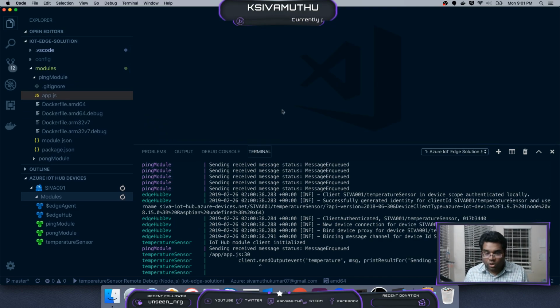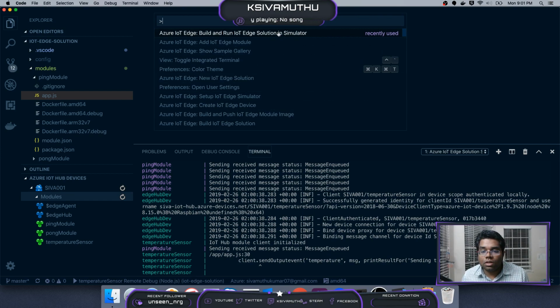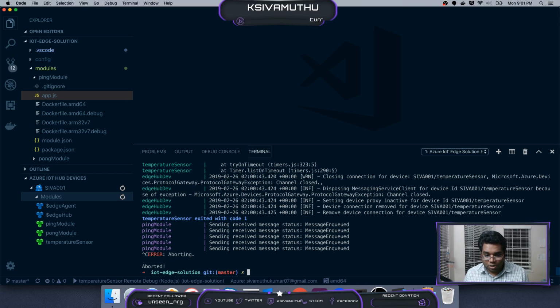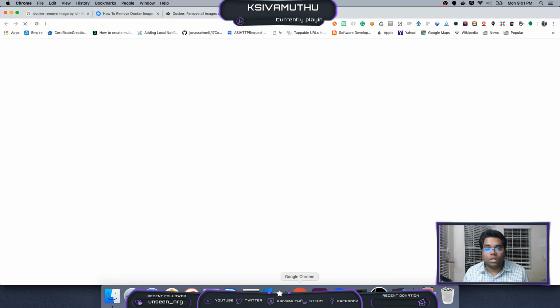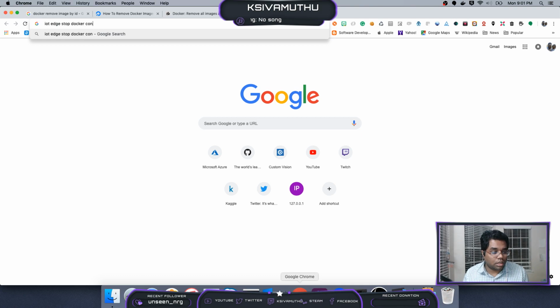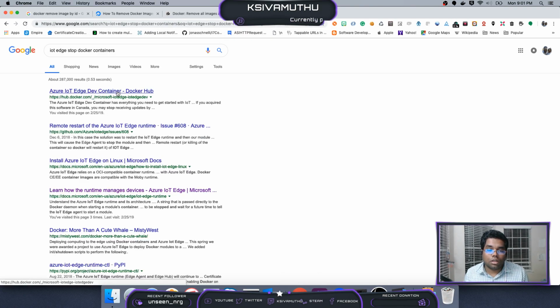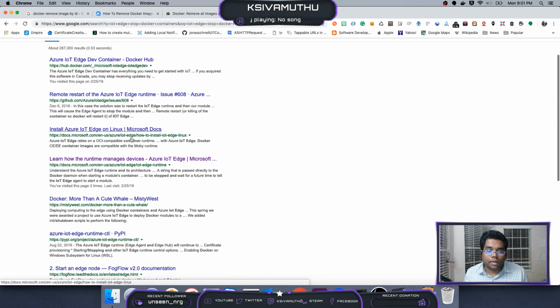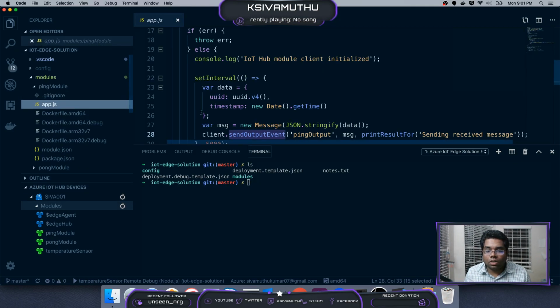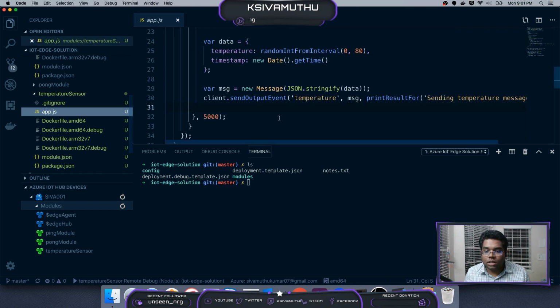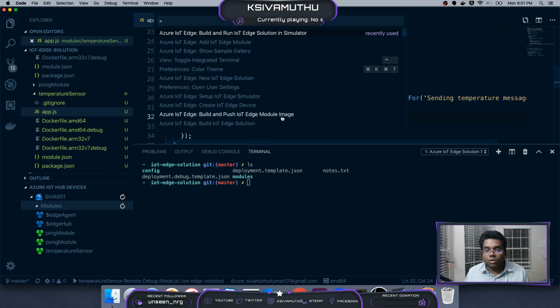I think somehow I'm getting stuck in this problem. Okay, I'm going to stop this. IoT Edge, one second, guys. IoT Edge stop Docker containers. So in the app, send output event, I changed here as well. Now if I'm trying to build,